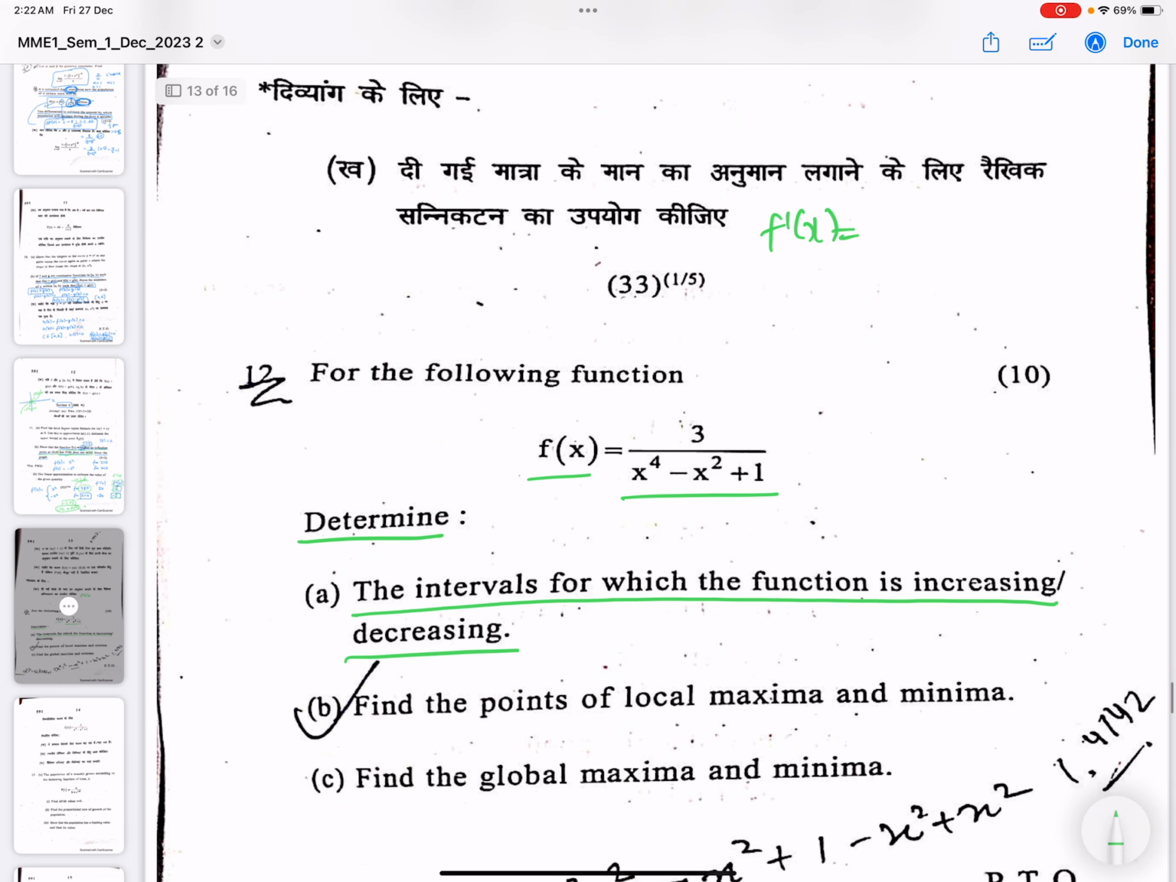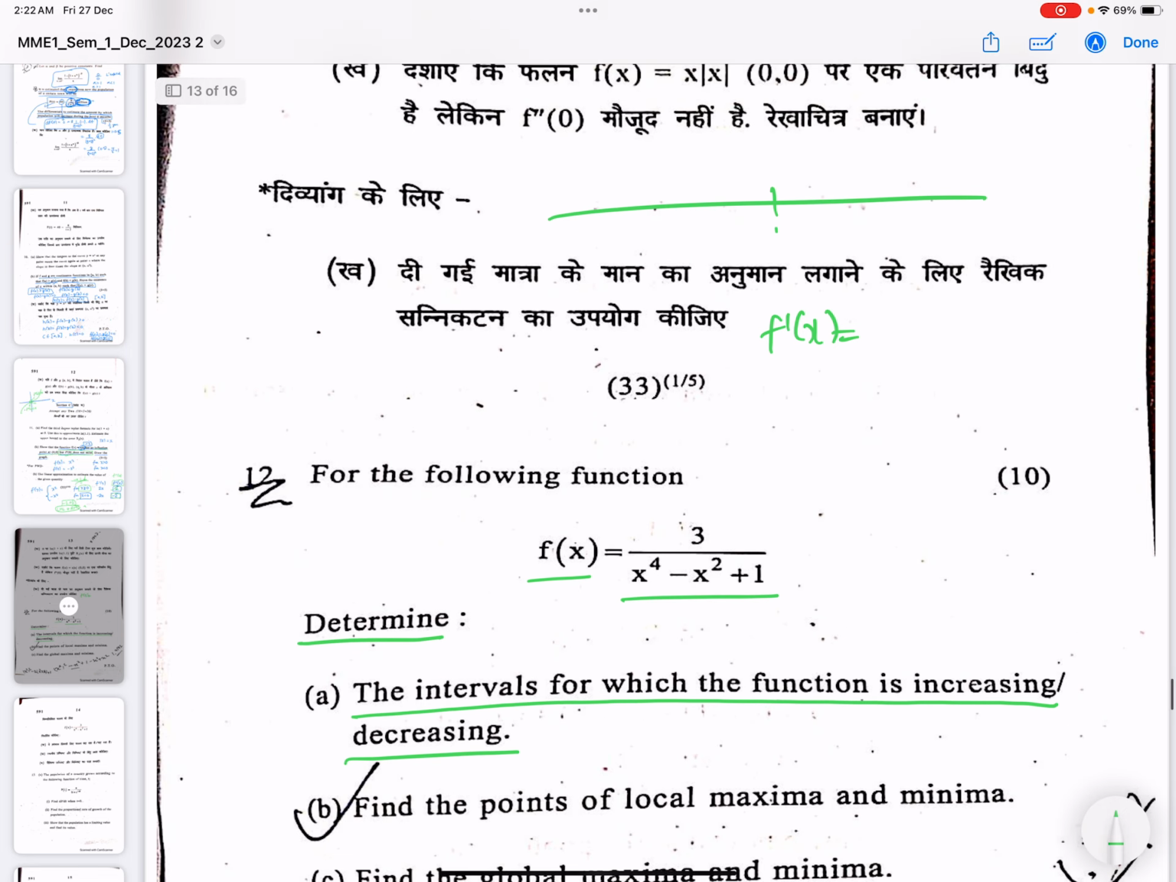So you can find an interval from 0 or other values depending on what values it will take, and then you can check for the specific intervals whether f dash x is coming out to be greater than 0 or f dash x is coming out to be less than 0. So in this case it would be increasing, in this case it would be decreasing. Okay, now